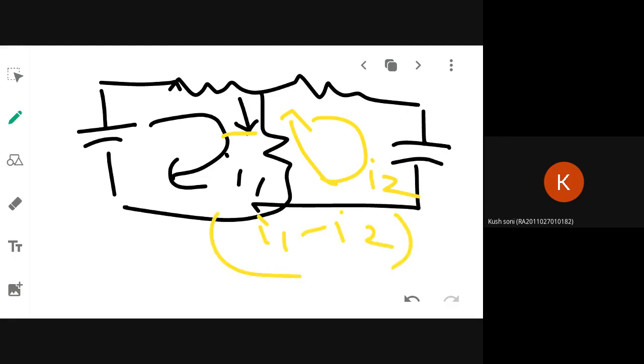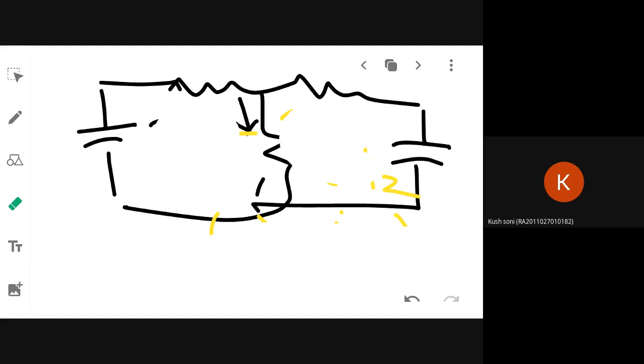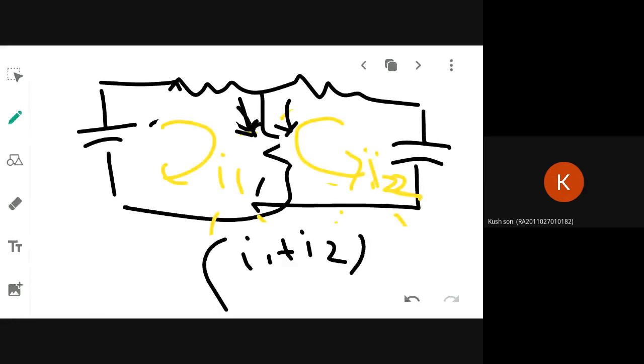But what if we consider one clockwise, the other anti-clockwise? That also I will tell. Wait. Suppose I am assuming clockwise here, and here I am assuming anti-clockwise. Then what direction is it flowing? Same direction. Here it is same. So in that case I1 plus I2 I will give. But don't get confused. Use the same convention till the final. In between you cannot change, then the answers will go wrong. While writing equations you always should take care.